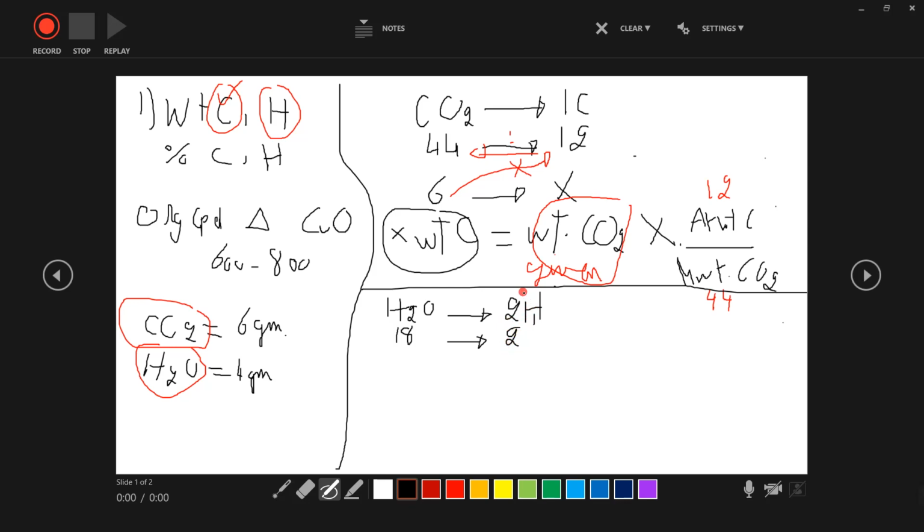Hydrogen atomic weight is 1, but here we multiply it by 2 because we have 2 atoms of hydrogen in water. Okay. So what was the weight of water? 4 gram. 4 gram contain how many hydrogen? And we will do the same thing, criss-cross. Okay. 4 times 2 divided by 18. In order to get an equation, we will say same equation, weight of x, weight of hydrogen, will be equal to 4, that is the weight of water,